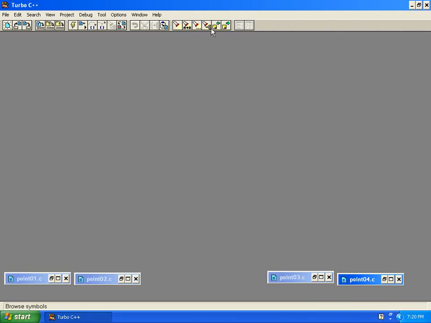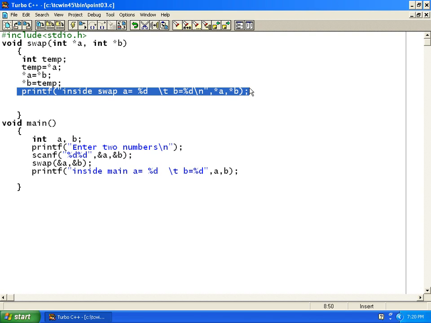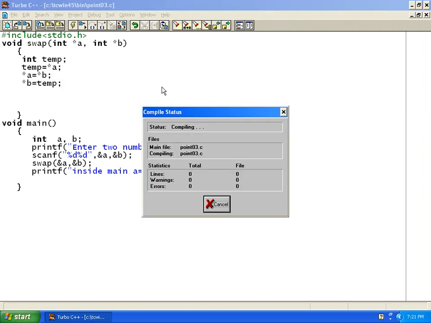So we'll see the two programs here, how they execute, and we'll see the actual addresses. Swap function. So I'll cut this for a while. Okay, so here we have a swap function. We have declared pointers A and B, and we are sending ampersand A, ampersand B as addresses. A contains the address of A, and star A will point to the same address, and it points to A directly using the memory location. So we'll see exactly how it is. We have already seen this logic. I've already explained this. So we'll compile this.